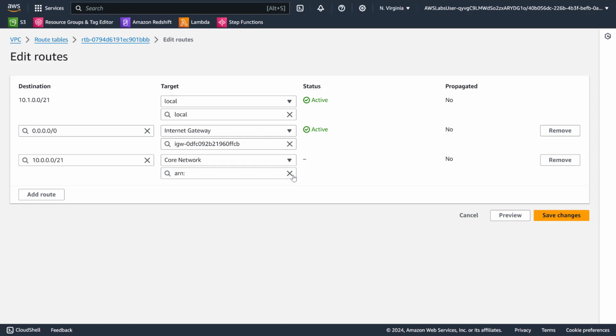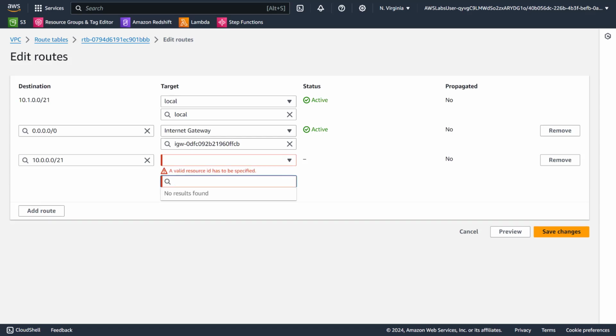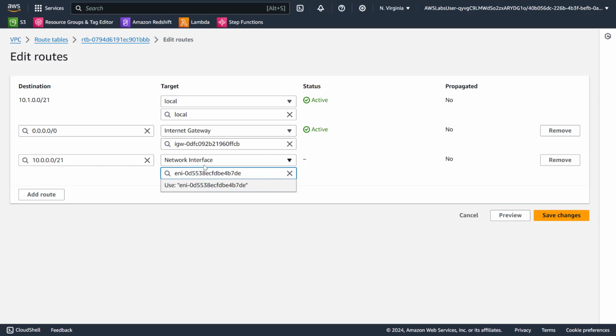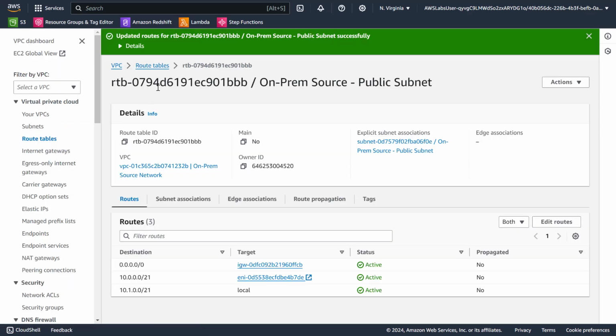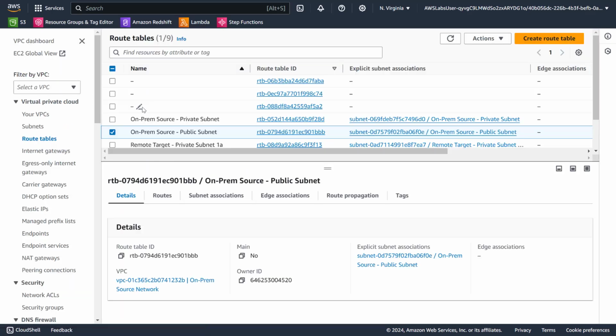So here we are going to enter what? The ENI of the VPN router. Remember we copied it a while ago? I don't know. Let's see how it will figure this. Oh, it's a network interface. Never mind. Okay, so we are telling that from the on-premise, whenever it tries to reach out to our cloud VPC, connect through the network interface of the VPN router. Okay, let's save changes and let's go to route table and